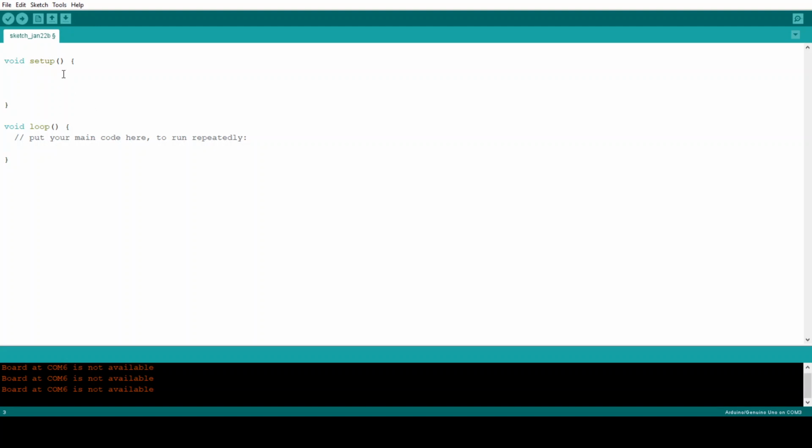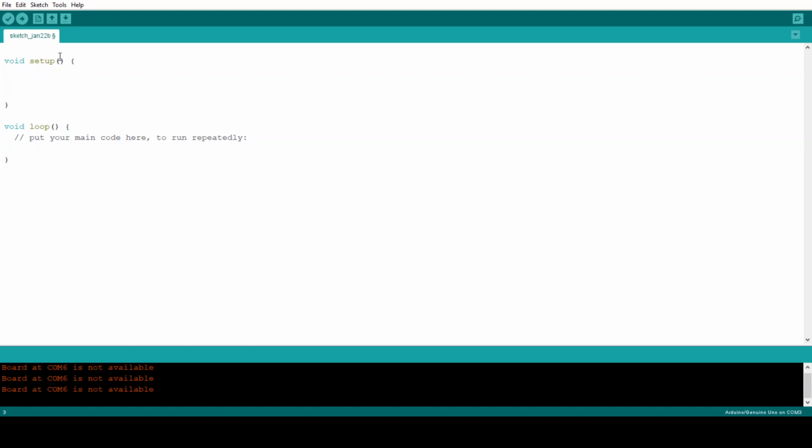Okay, now let's see how to write the code and also what the syntax of the code is, everything. Okay, here void setup and void loop are there. In the C programming language, the blocks can be divided into functions, right? It has two main functions: one is void setup and the other is void loop. Void setup means our code runs only once here. Void loop means the code we write here runs repeatedly. Okay, that means loop.